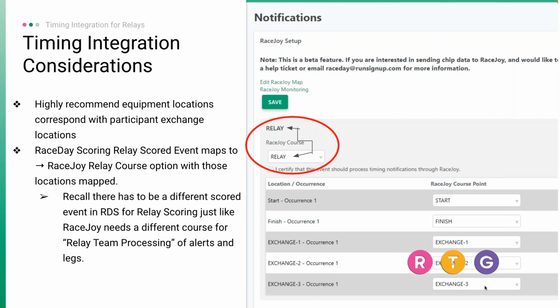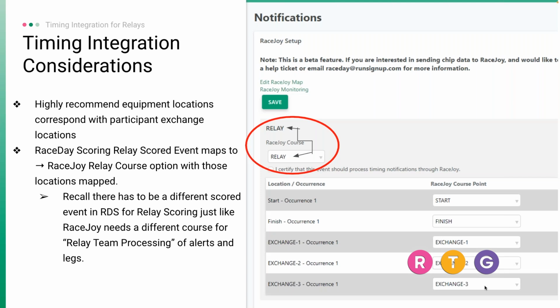So remember, based upon the training, what we are mapping to RaceJoy is a cumulative distance segment that says at this distance, this is where they are on the RaceJoy course. And so that's why we have this concept of timing location, and an occurrence helps us get to that cumulative segment distance that would map to an overall distance on the course. So you can definitely do mappings with multiple occurrences with the time integration, and it's all well supported for that. The caveat,